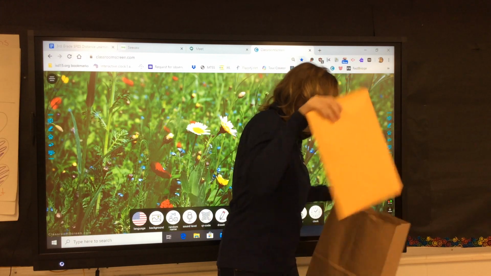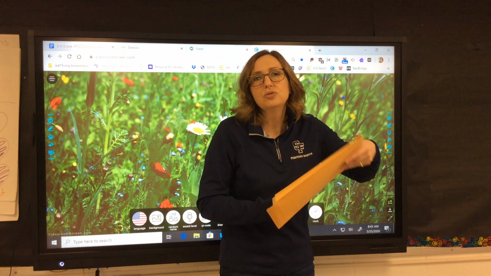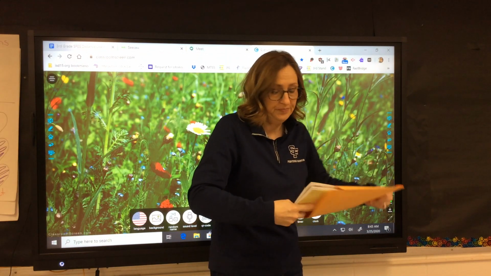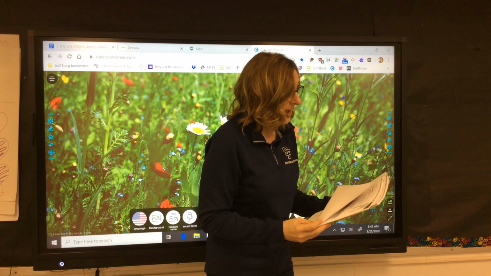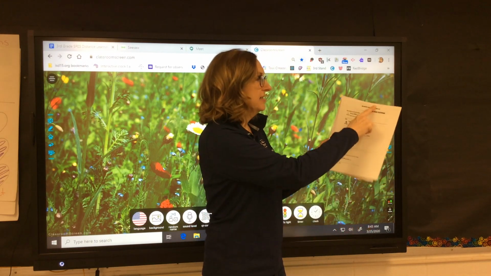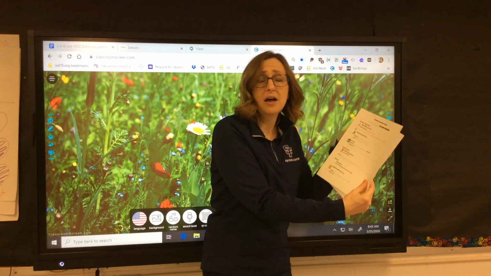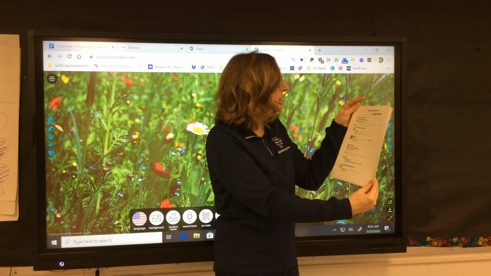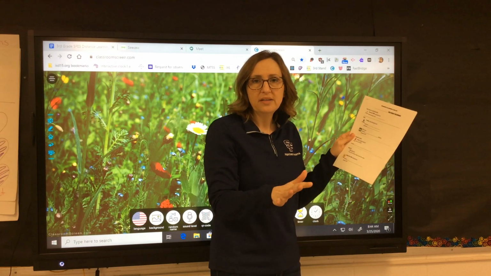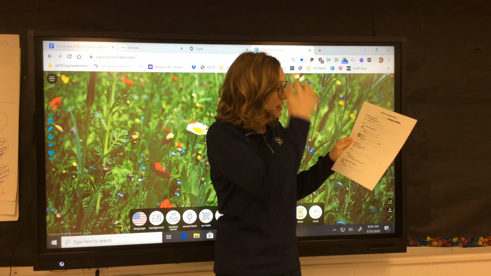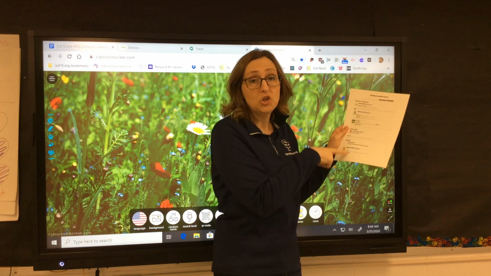And the last thing is an envelope, and this includes most of the important papers. One of the things you're going to look at in these important papers is a password cheat sheet. This has all the different websites that we're going to be using. Most of these the kids might be familiar with. It depends on what class they're in. But there are a couple new ones for most of the kids, and it'll say new by them.